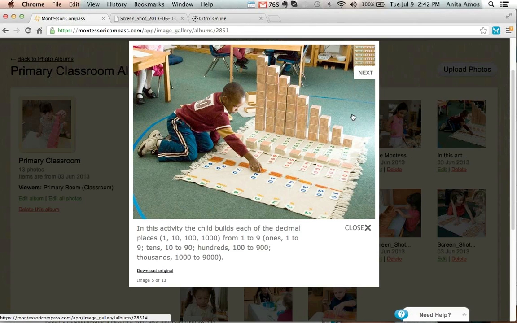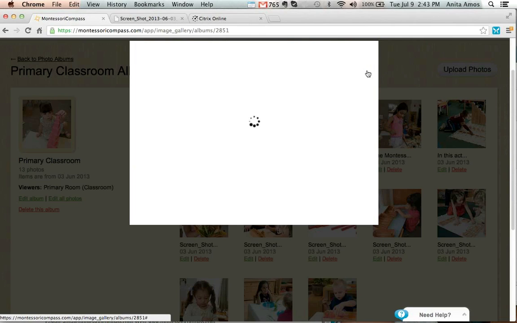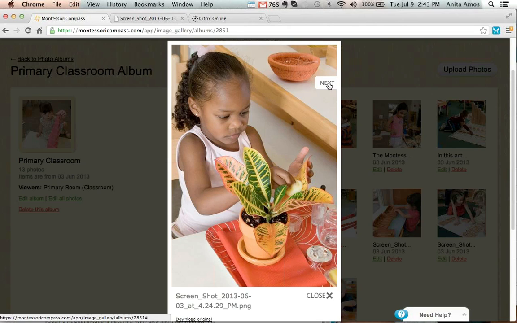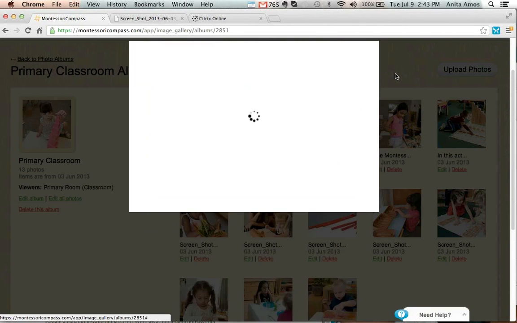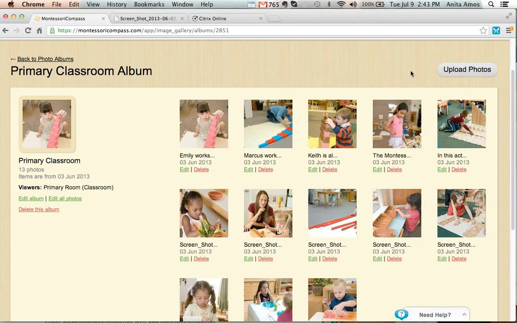So again, it showcases a very specific Montessori lesson or material. It showcases a child that has accomplished something, that really has something to show for it, a real, tangible thing here. So these types of shots, you really want to promote that sort of stuff. And it just goes on down the list of all the different things going on in the classroom.